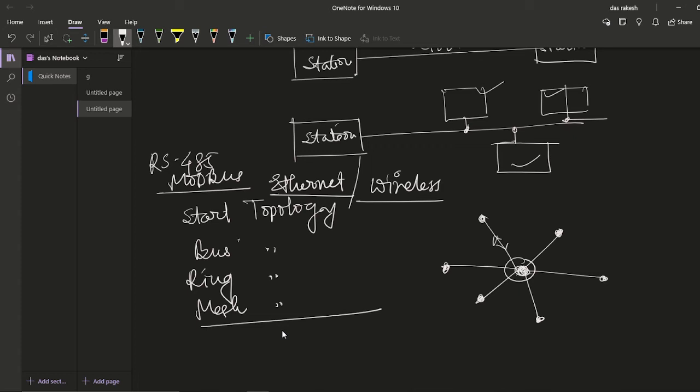From the hub all devices are connected, and the devices are not directly linked to one another. We will show in this diagram: this is computer number 1, this is computer number 2. If computer 1 shares some message with computer 2, then it first goes to the central server, their authentication is checked, and it's sent to the receiver computer.